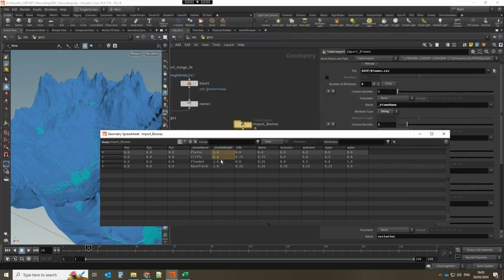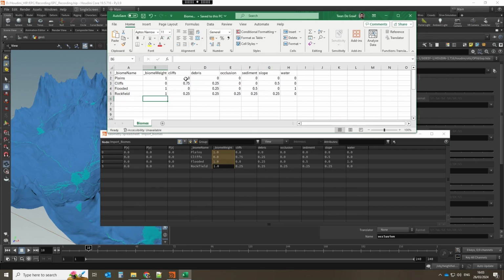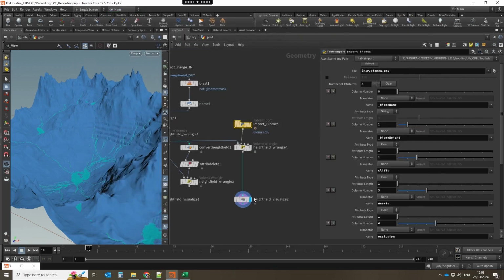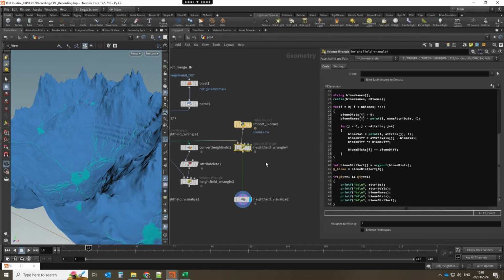So biome weight is correct. Cliffs is correct. Debris is correct. Occlusion is correct. Okay, all the files are correct. I remember what the problem is. So yes, we fixed the columns here, but now we also have to actually fix it here in the rules,